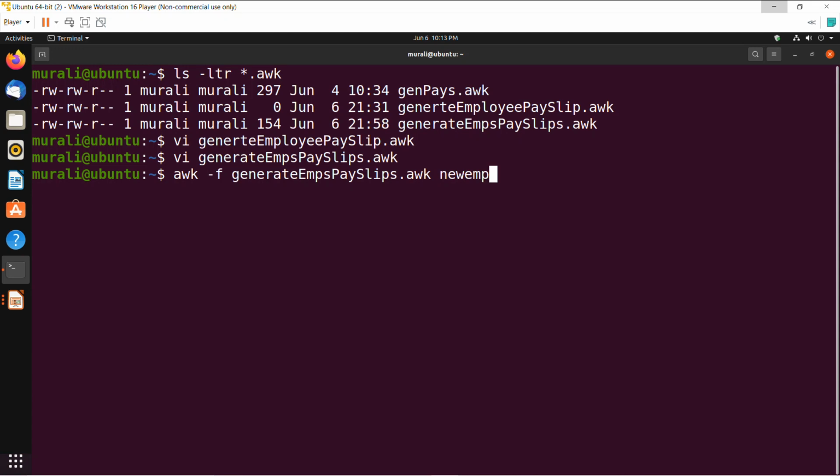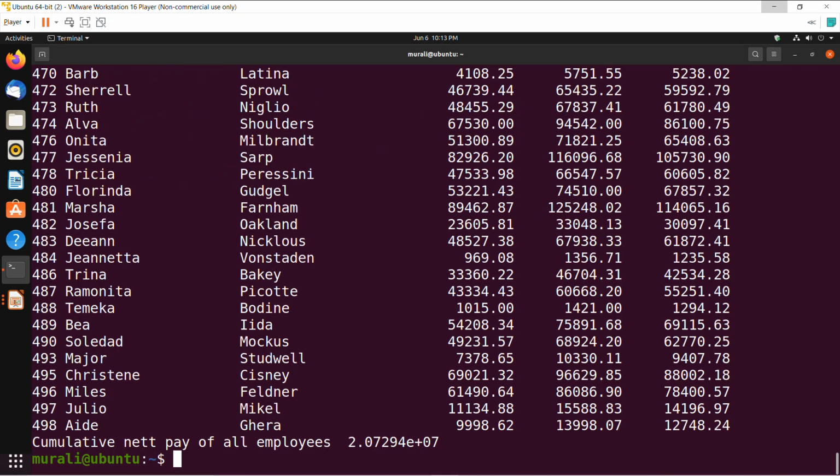New emp.data. So what does it display? It displays employee ID, employee first name, employee last name, then the basic pay, gross pay and net pay for every employee. And finally it is giving the cumulative net pay of all employees. It is displaying in the scientific notation. But if you want to display it in our ordinary general notation, then what we can do,